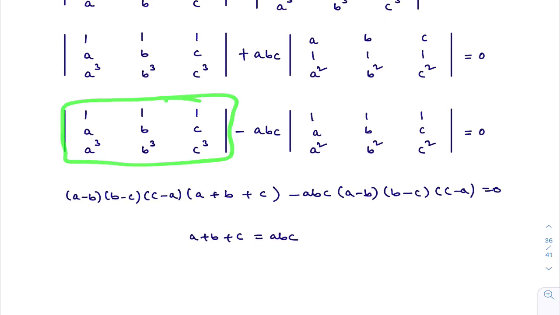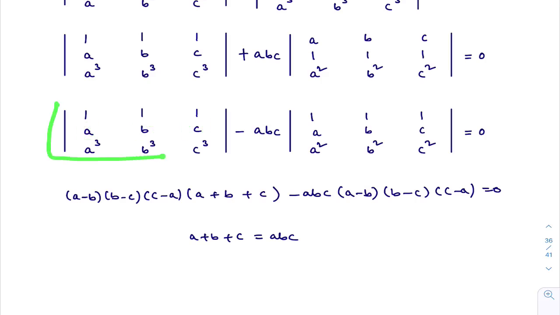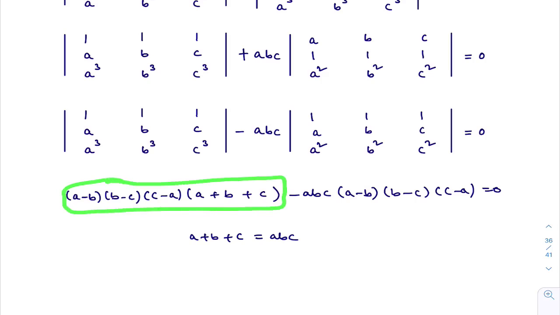What is this? Here a square, b square, c square means the answer is different. Here abc is there means the answer is different. You check the synopsis once. For this, in the synopsis they have given a minus b into b minus c into c minus a into a plus b plus c. In PUC we did this directly. If you want, you can check your classwork.